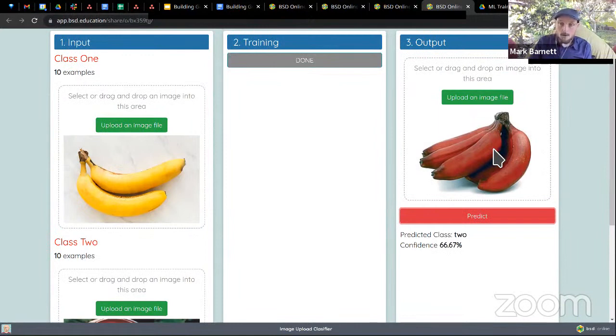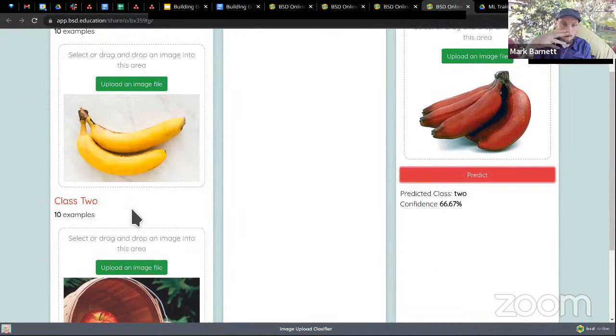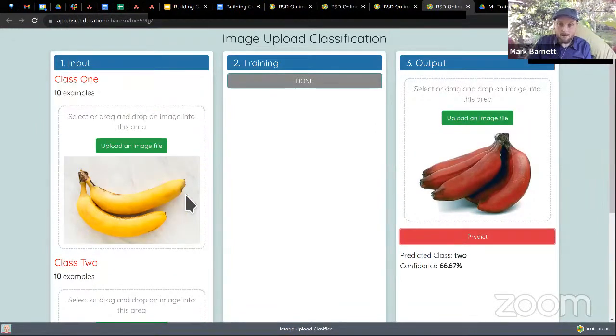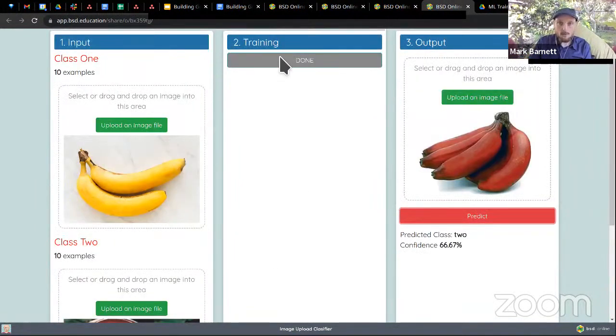So this is a tool that you can use, and you don't have to use pictures of apples and bananas. You can put pictures of your dog and your cat, or student A, student B. You can do facial image recognition, pretty much any kind of image. But you need at least 10 images for class 1 and 10 images for class 2 for it to work. If you want it to work better, you need more images. Then you start testing it to see how well it works. If it's not working well, then there may be some issues with your training data, which I'll explain in more detail about why that might happen.